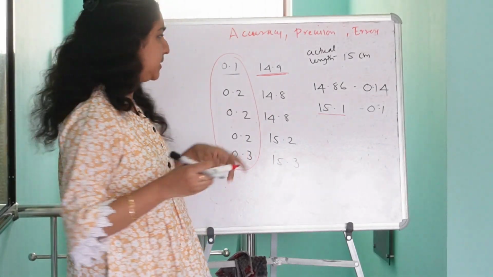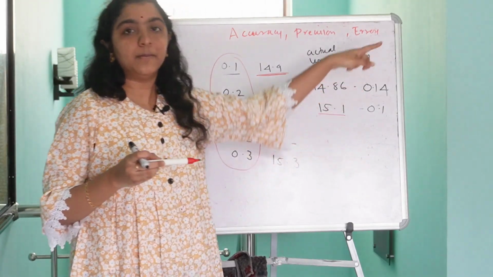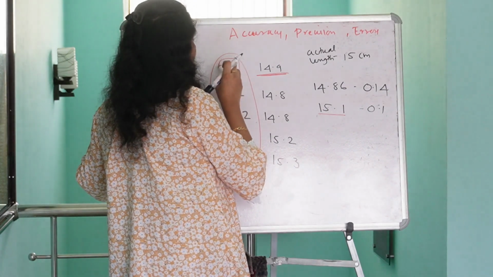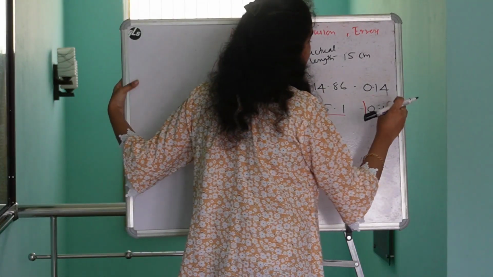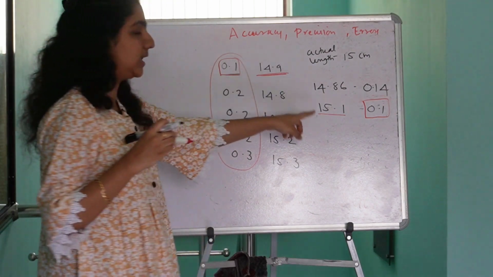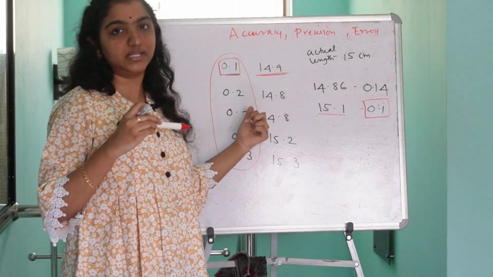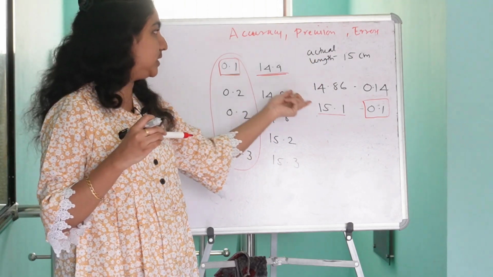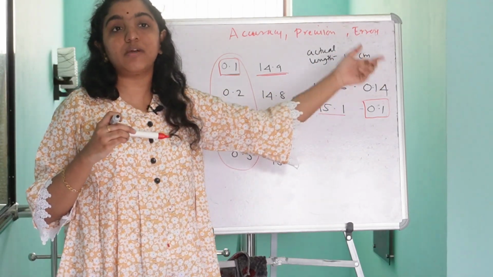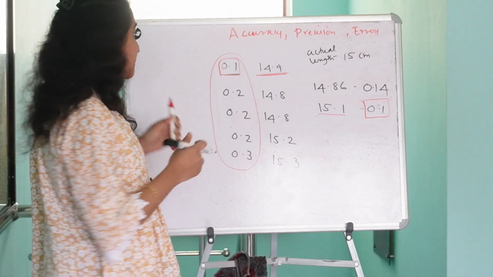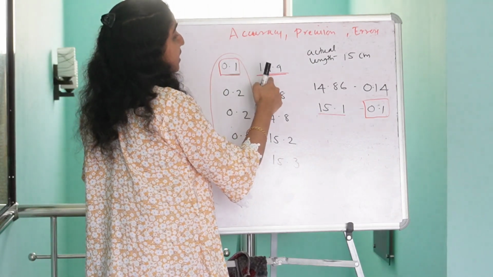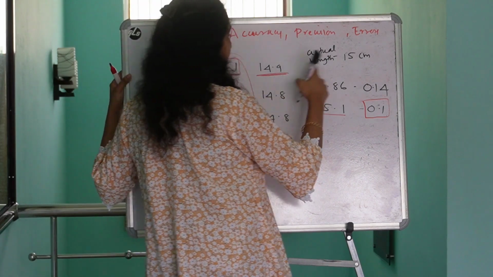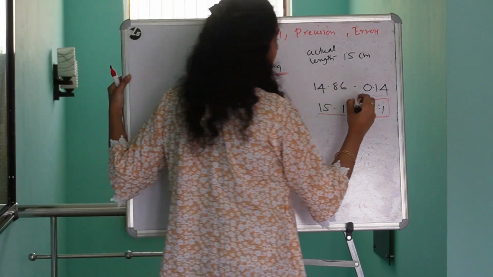Why two values? Because these two values are much closer to the actual value. These two values have the same deviation. Is it clear? Yes, the degree of closeness of these two values to the actual value is one and the same. The difference between 14.9 and 15 centimeter is minus 0.1 and the difference between 15.1 and 15